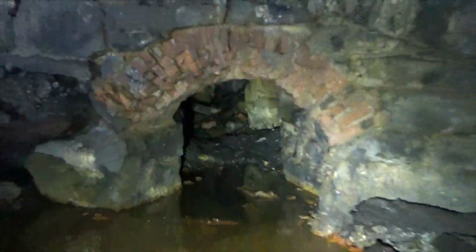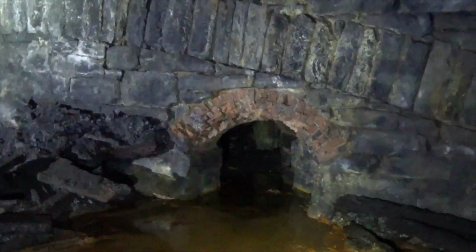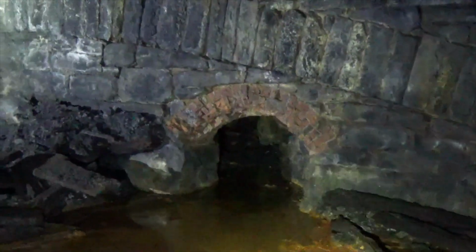Take a zoom-in shot of the old mine opening. It's insane. The anthracite coal mine tunnels off of